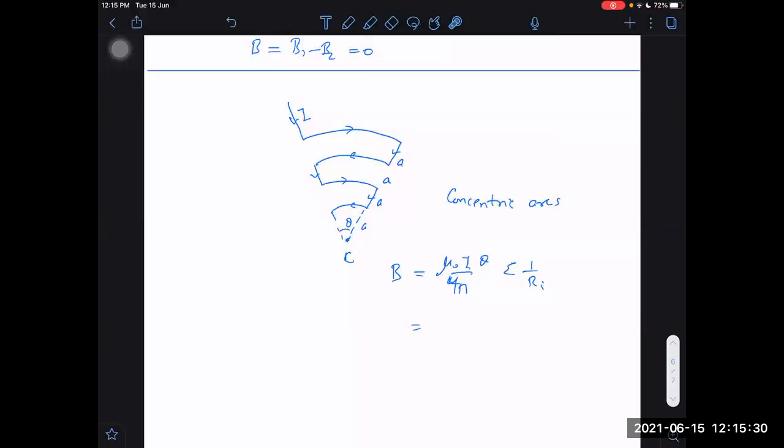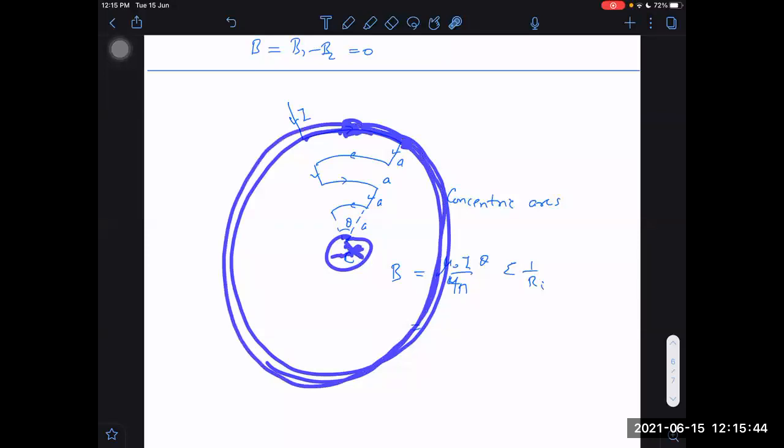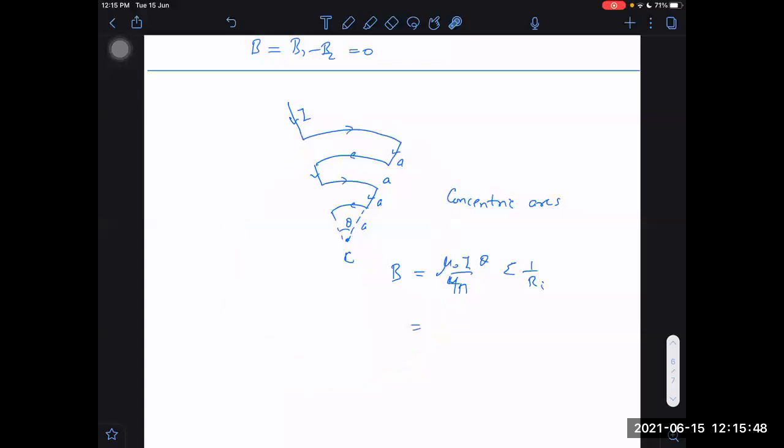If the current is in clockwise direction, then by the right hand thumb rule I can tell which direction the field will be: into the plane, inwards. I can curl my fingers along the wire, then the thumb will be pointing inwards. That gives me the direction of the field, inwards. Did you listen to what I said just now?